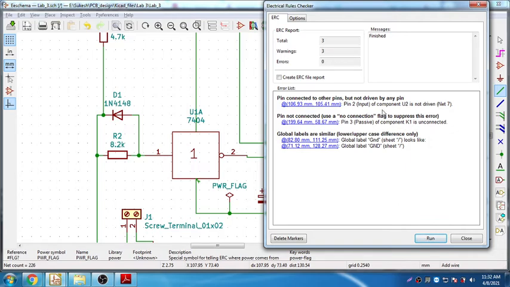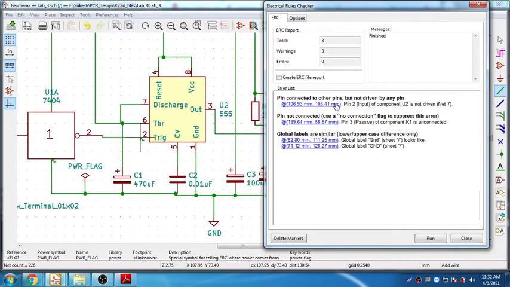Okay, except pin number 2 is not driven. That is which one? Pin connected to the but pin number 2 is not driven. Okay, G and D is different, so I think